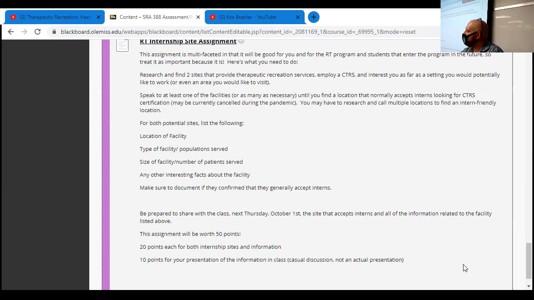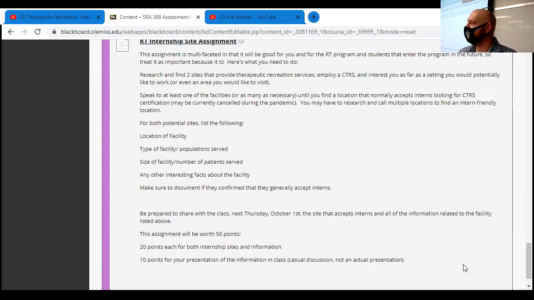So if I can get these contracts in place when we have a student that wants to do a CTRS internship, it can cut down on delays. Like we had someone wanting to do one in the Meridian area. I think it was maybe this summer, and we can't do it because we don't have a memorandum of understanding with them in place. If we already had that in place, it would have worked out. They would have been placed, and that would have been that. So by getting this list together, I can get our form put together and start sending it out to these places. And then when people apply, it's going to be so much easier for students.